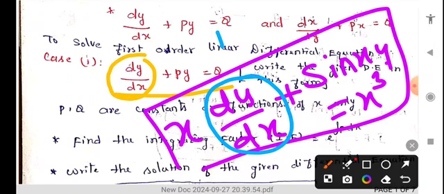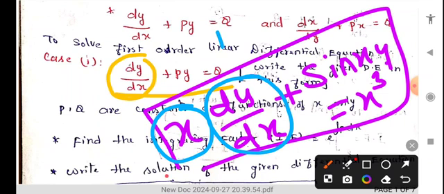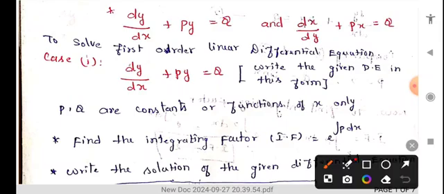Okay. But the next step, what do you have to check? You have to check that the coefficient must be 1. Here x is given. So we need to remove that x and make it 1. How can we make it 1? By dividing throughout the equation by x. So the x gets cancelled. Automatically what will happen? It will become